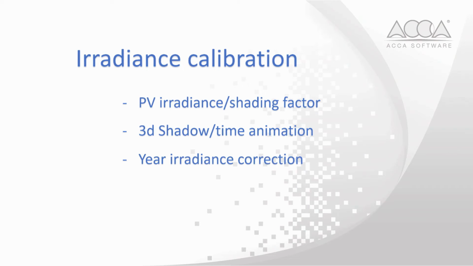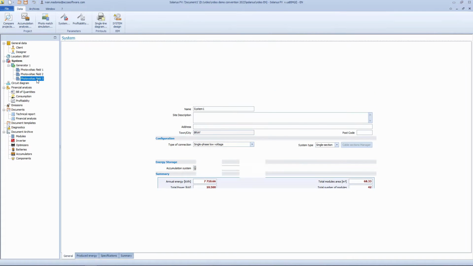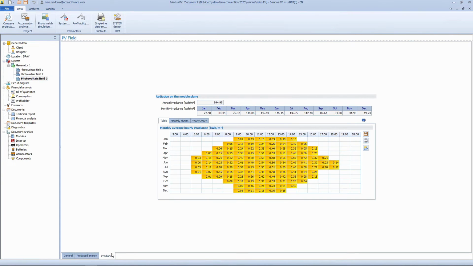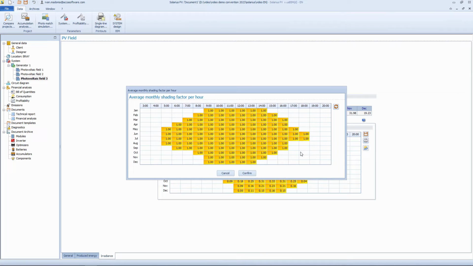Let's now have a look at the generator node in the Project Navigator structure. From here, we can access a specific section for each PV field. These were modeled in the 3D environment, to which we also have the relating technical information. By opening the Irradiance tab, we can check and work on the radiation data in relation to the time factor. For example, here we can see the monthly average irradiance compared to the hourly irradiance values that can be measured